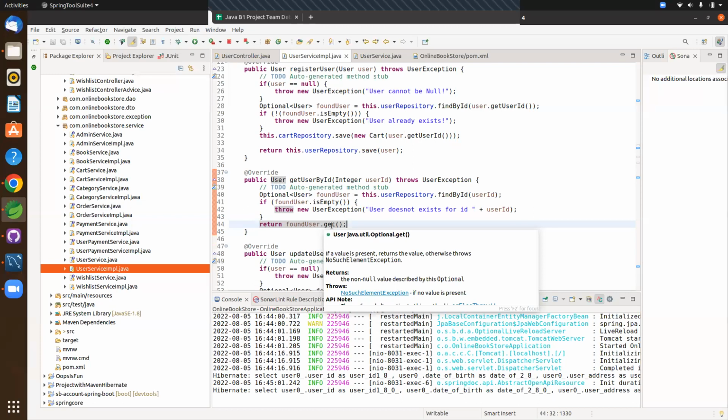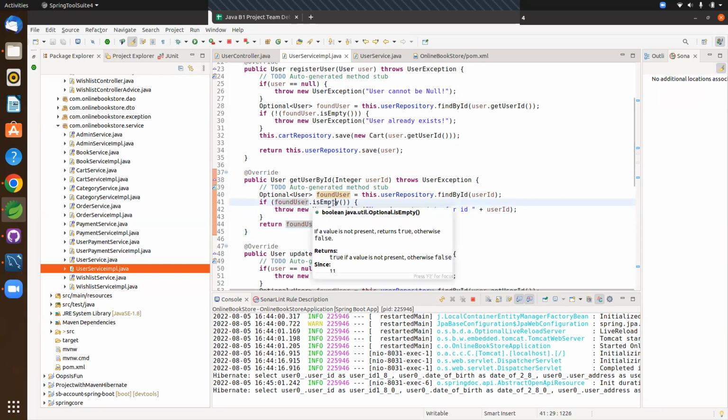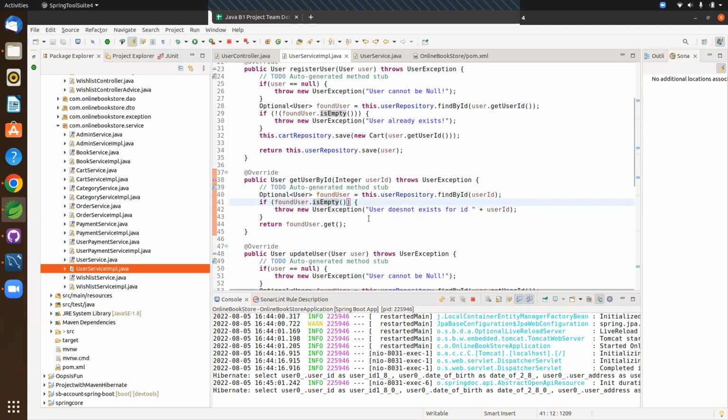ठीक है. But you have already checked it in line number 40 itself. If it is empty, what will happen? Exception हो जाएगा. आप नया exception object create कर रहे हो and throw कर रहे हो. ठीक है. So वही पर method return हो जाएगा. So it will not at all come to line number 44. So that means it will not at all execute the get method if that particular optional container is empty. समझ में आ रहा है? Yes, sir. ठीक है.